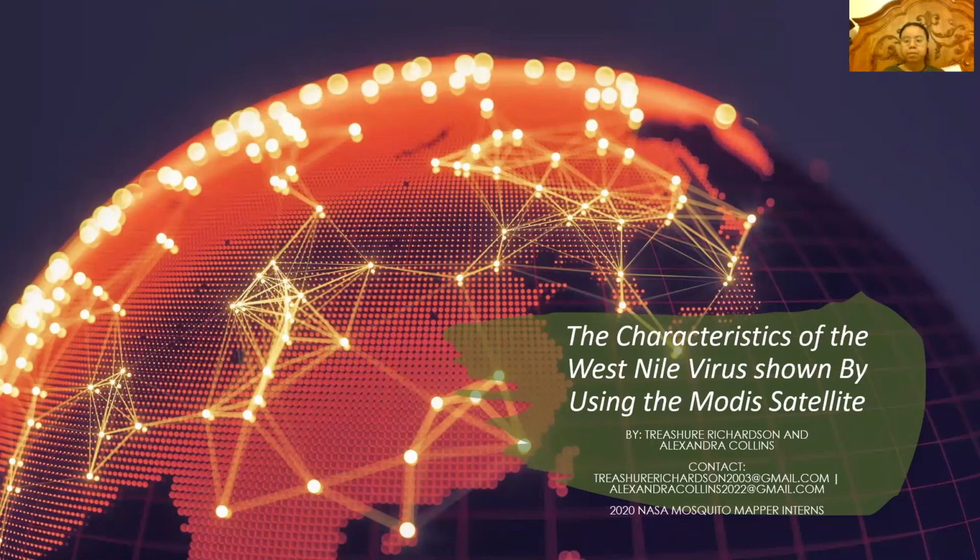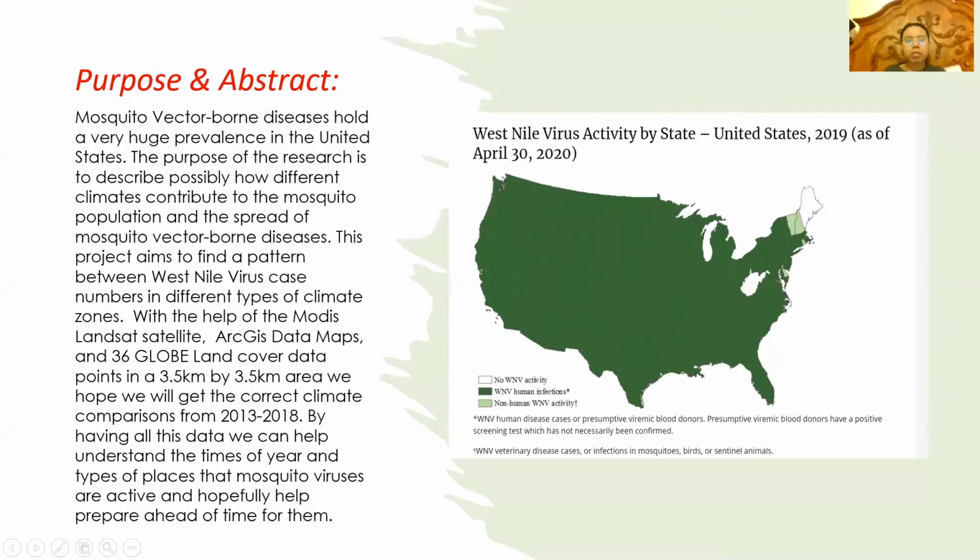So our project was called The Characteristics of West Nile Virus Shown by Using the MODIS Satellite. It's by Alexandra Collins and Treasure Richardson. The purpose of this project was to show how mosquito vector-borne diseases hold a huge prevalence in the United States,